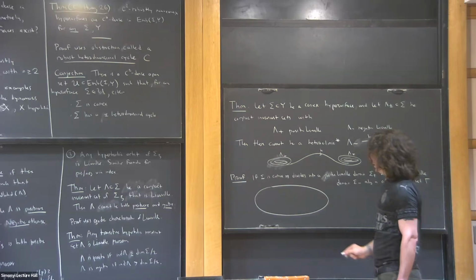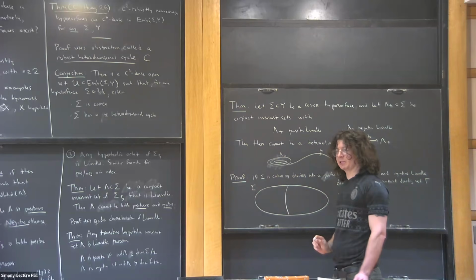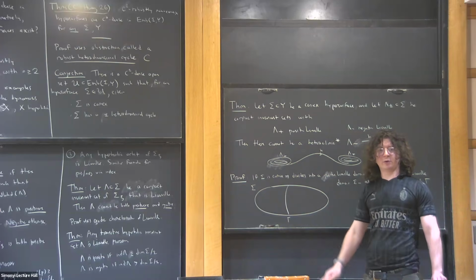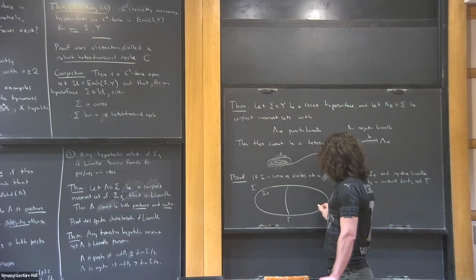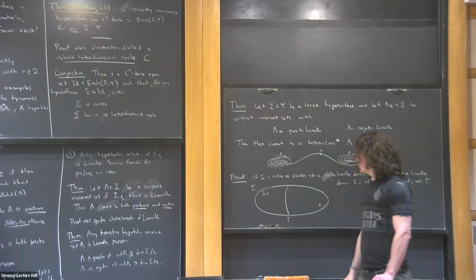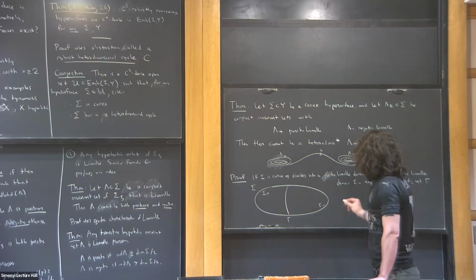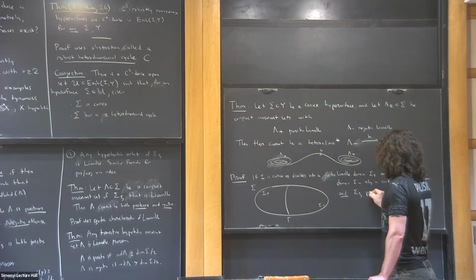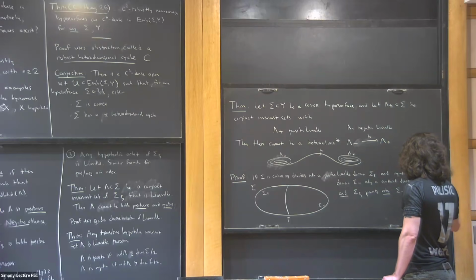gamma. So if I have sigma here, I can split it along some contact submanifold, which we'll call gamma. So it's a contact submanifold of the whole thing, with a plus side and a minus side, such that the plus side is positive Liouville and the minus side is negative Liouville. And the characteristic foliation points into sigma minus along